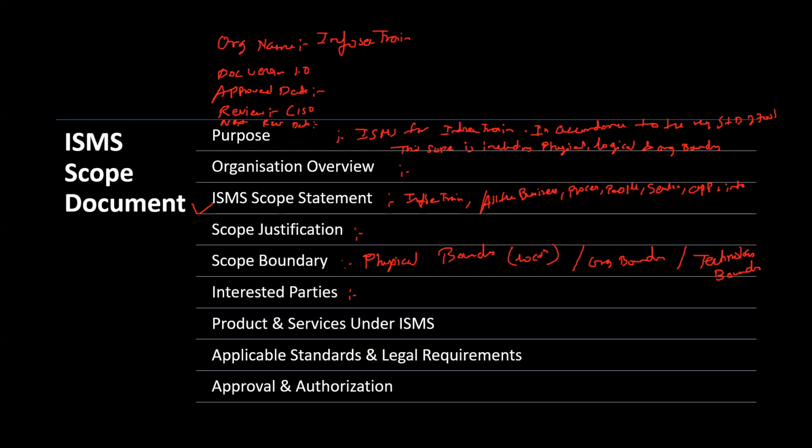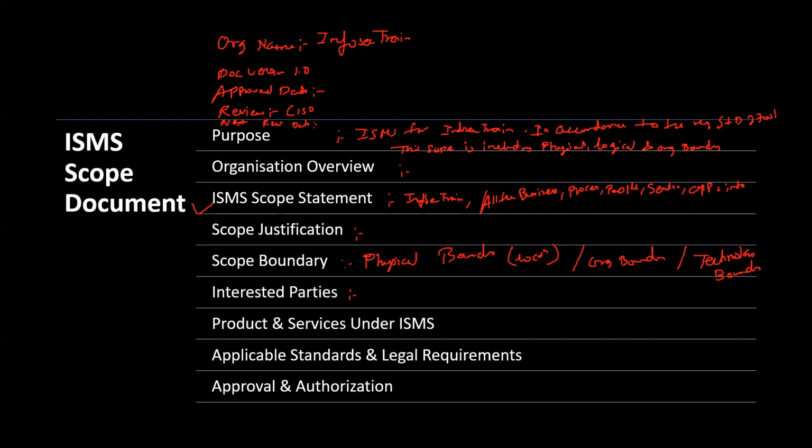Then there are vendors, partners. How is this relationship maintained? So we create a contract. That contractual data, the security requirements, will be followed by both parties. So like this, we will be creating a list of all the interested parties, make a list of it and mention all that information